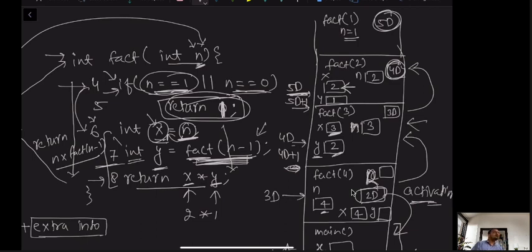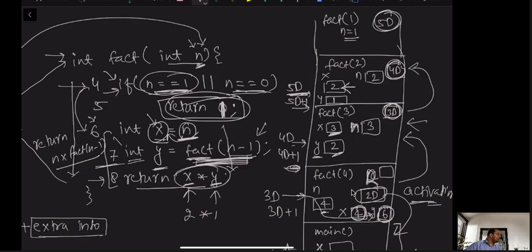So it will return 6. And 6 will be returned to what address? 3d. So 3d is at y. So 3d will be pointing to y. And y value will become 6. Next to it is x plus x into y. So 3d plus 1 is the next line, having 6 into. So value of y is 6 here and value of x is 4 here.